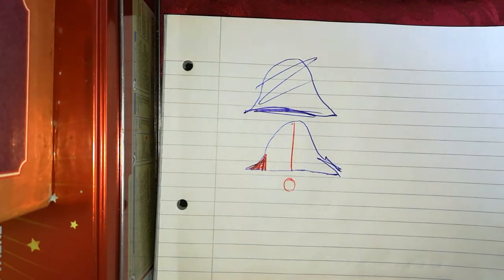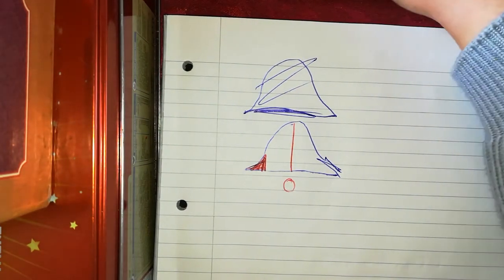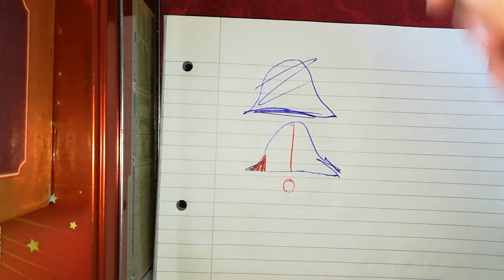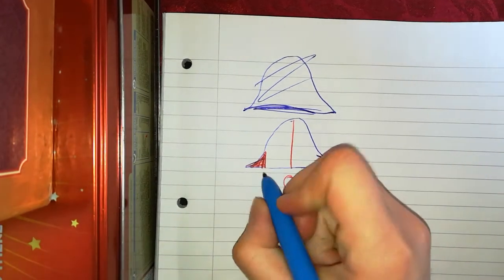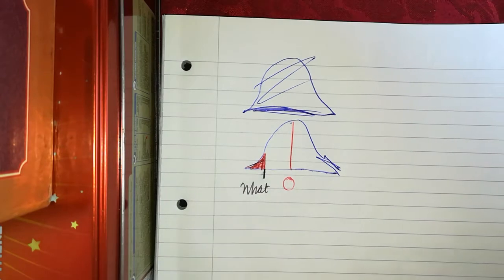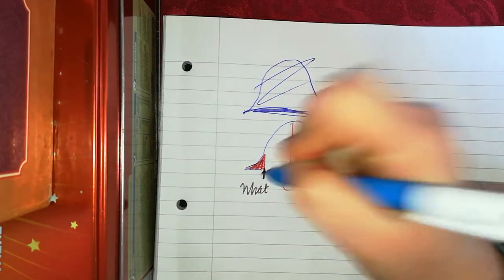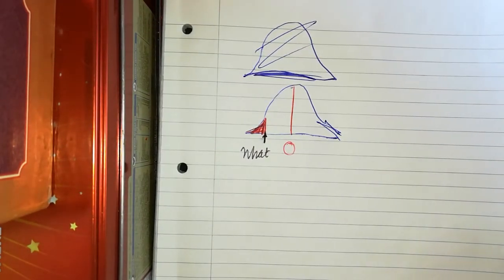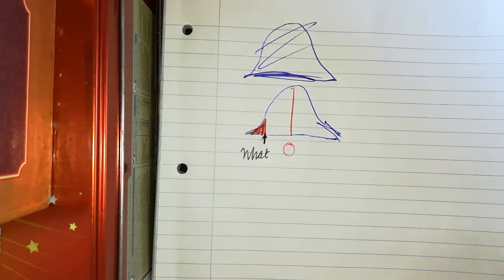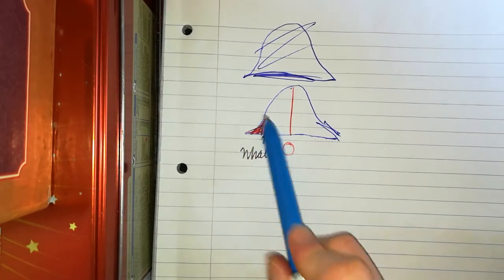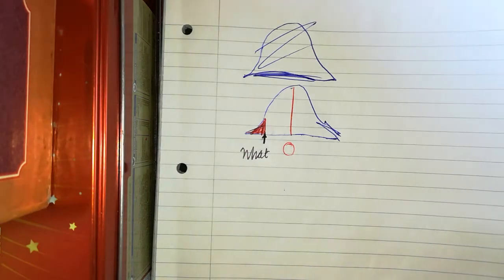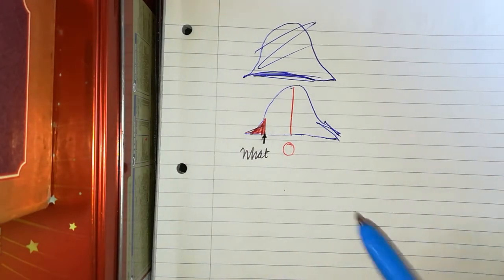So we want to find what is the value at which the government will stop paying this subsidy. So we want to figure out what value this corresponds to, this value here. So we have to convert this from a probability, so this is a 0.1 here, to a z value. But we can't get